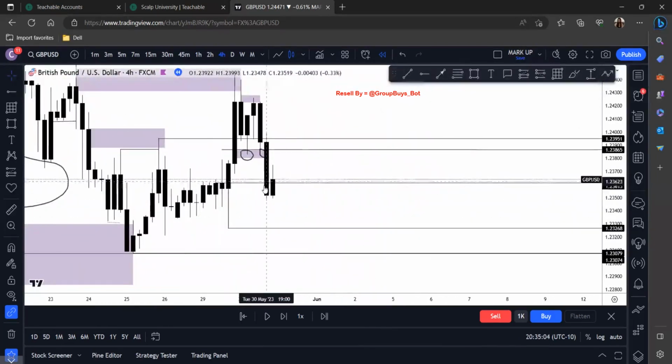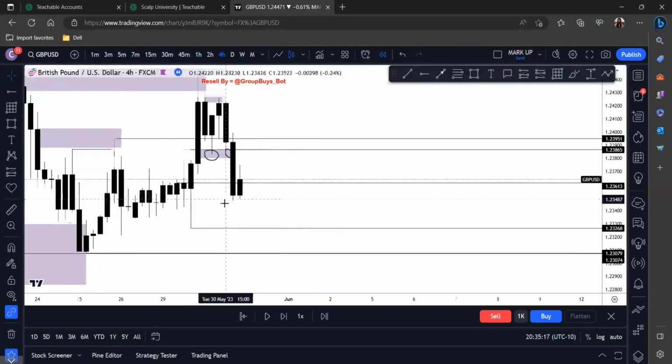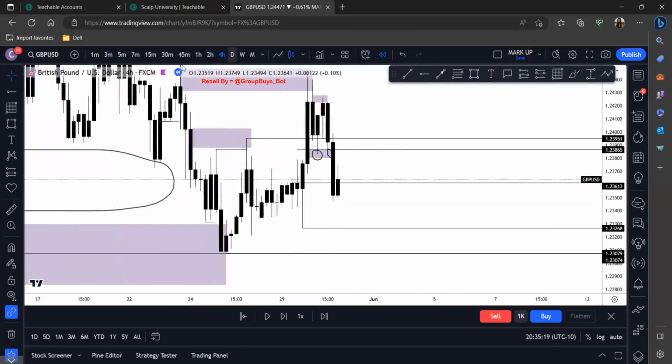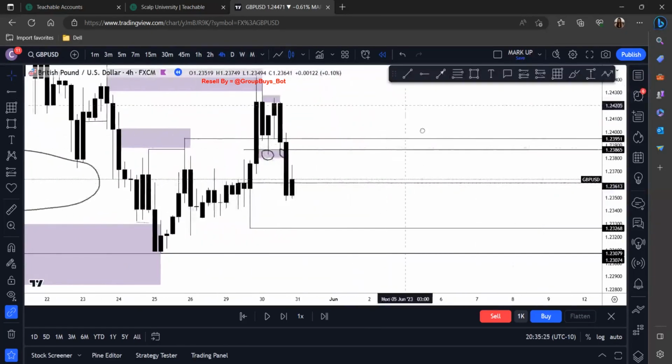I marked this up. Yeah, you might have experienced some drawdown depending on where your entry was. And like I said, we'll refine on the lower time frame later, but this is just showing you how the market moves in the higher time frame. This is how I'm able to find those POIs and take advantage on the higher time frame. This is really what it looks like right here. So just please keep that in mind.